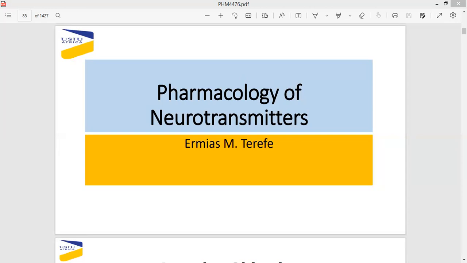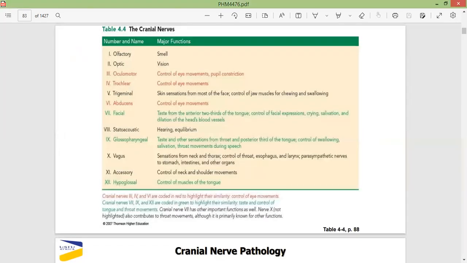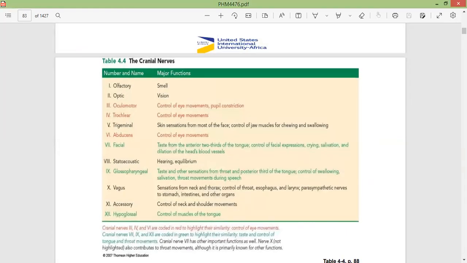Someone said kindly go back to the cranial nerves, she wants to take a screenshot. To touch and feel very good,